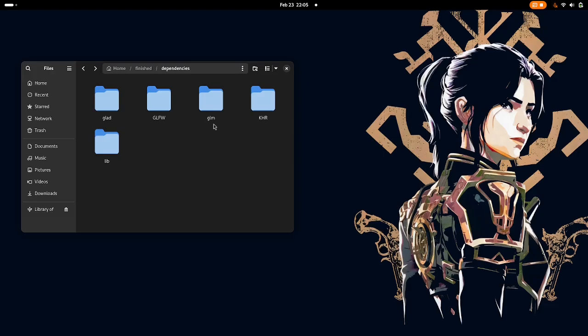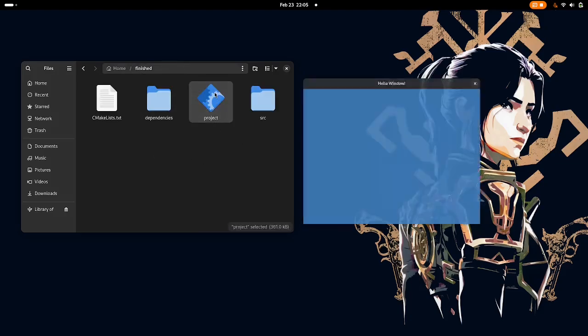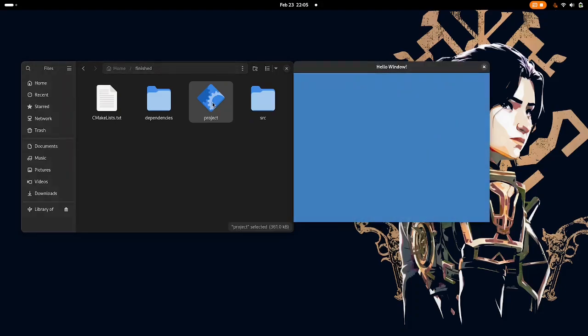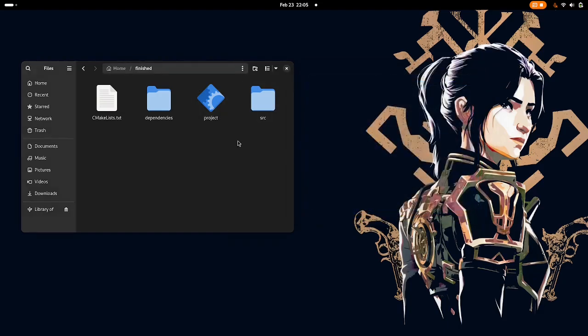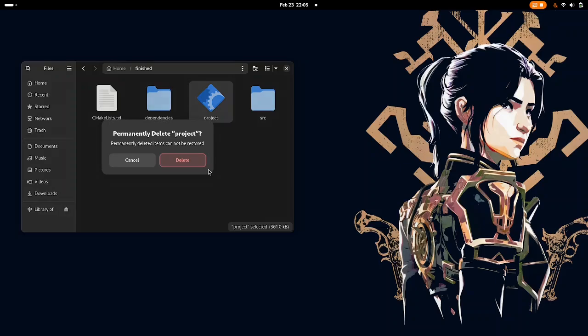Okay, so here I've got a really simple OpenGL project. This is the result of the first video in my C++ OpenGL series. It's really simple. See if this works. Here's what we've got. We're going to build this. It's going to make a colored screen. All of the source code has been written, but let's say that we don't have this and we want to